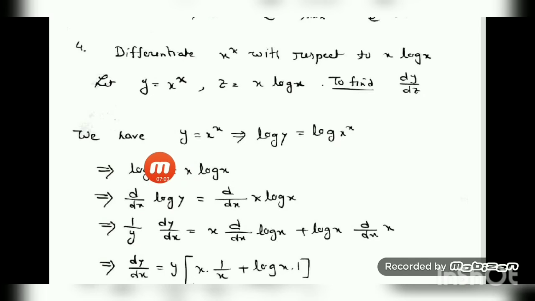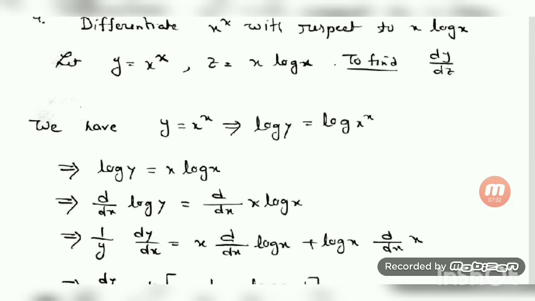So as in earlier cases, we consider y is equal to x to the power x. Now here we cannot take differentiation directly because the power is a variable. So when the power is a variable, what is the differentiation step we are going to use? Yes, we have to take logarithmic differentiation. So take log on both sides. Log of y is equal to log of x to the power x. So simplify. Log of y is equal to, this power will come as a product, x log of x. Then take d/dx on both sides. d/dx of log y is equal to d/dx of x log of x.